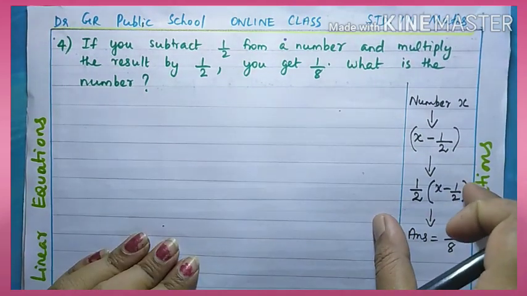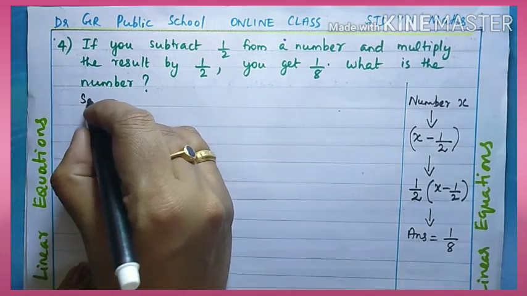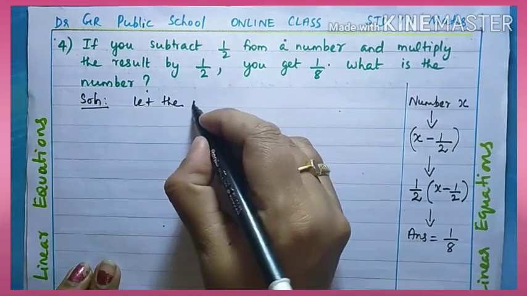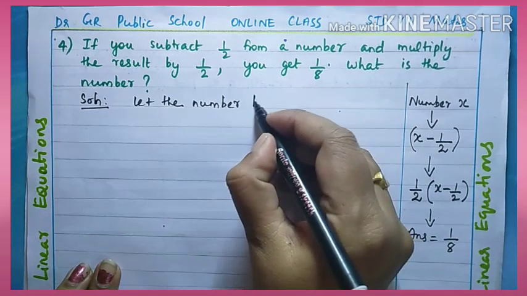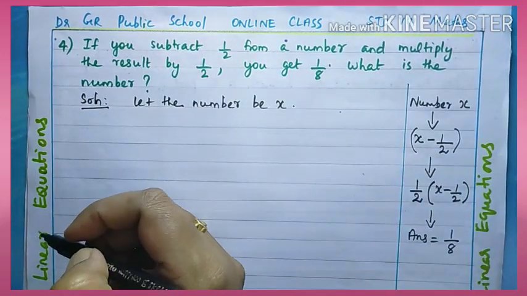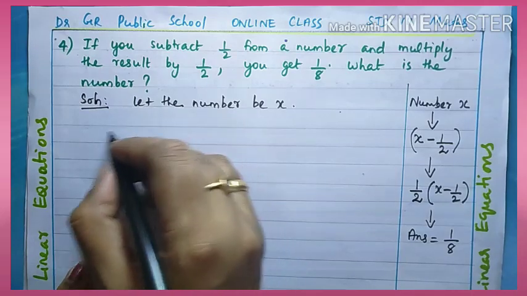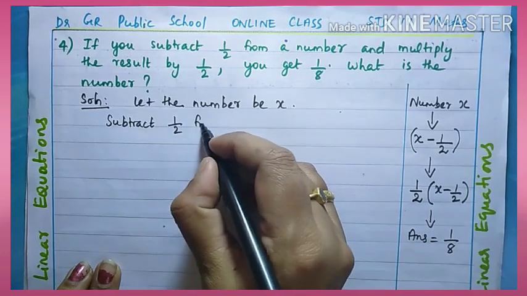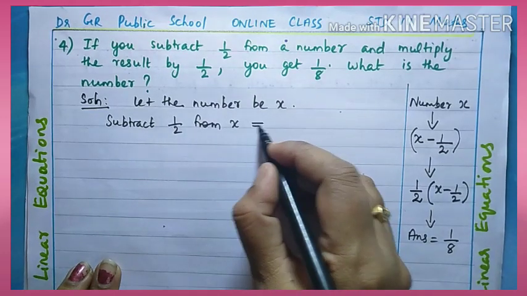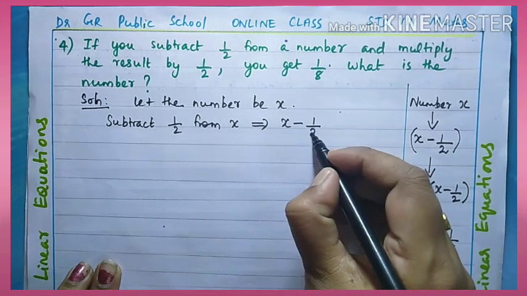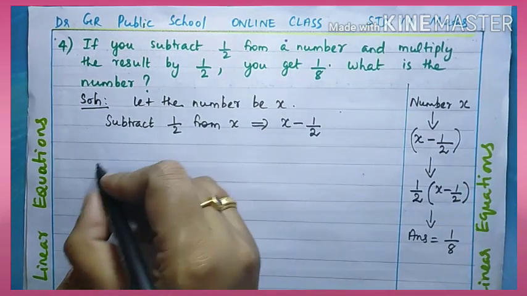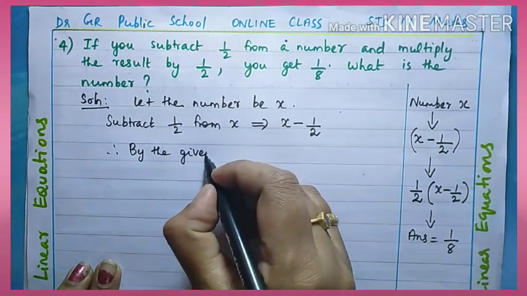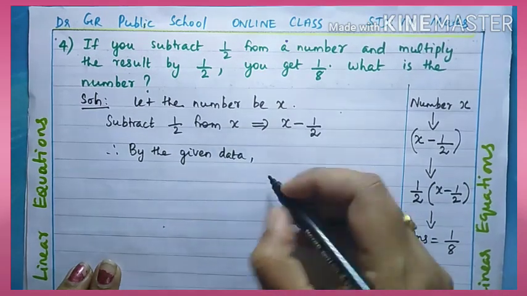Hope you understood the idea. Okay. So start the solution. Solution. Yes, I am writing let the number be x. Okay. Now subtract 1 by 2 from that x. So what we get? That implies x minus 1 by 2. Okay. Therefore, by the given data means from the question, by the given data,